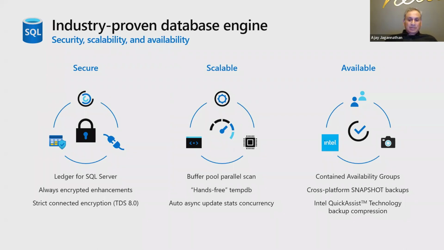In the last pillar, the availability pillar, for the first time we are introducing contained availability groups. Always On has been in the product since SQL Server 2012, but a common feedback we get from customers and community is it works for databases. How about all the other critical server objects, such as logins, jobs, linked server definitions, etc.? Just like we do in managed instance, for example. So with contained availability groups, now you will be able to include those server objects as part of your availability group. And when you fail over, all these objects should fail over, simplifying your deployment and administration of HADR scenarios.